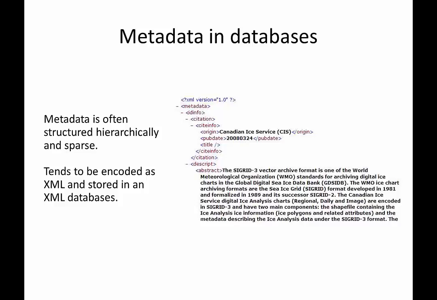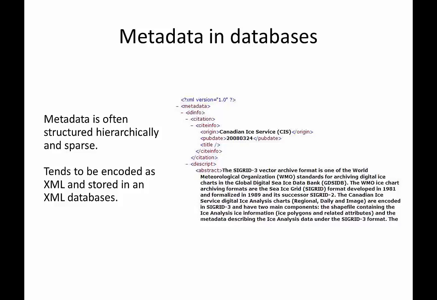What do we mean by sparse? It means there's a lot of missing data items, so lots of fields that potentially aren't filled in. As a combination of it being structured hierarchically, relatively sparse, and involving a lot of natural language that humans need to interact with and be able to read, a lot of metadata is encoded in this XML format, extensible markup language,